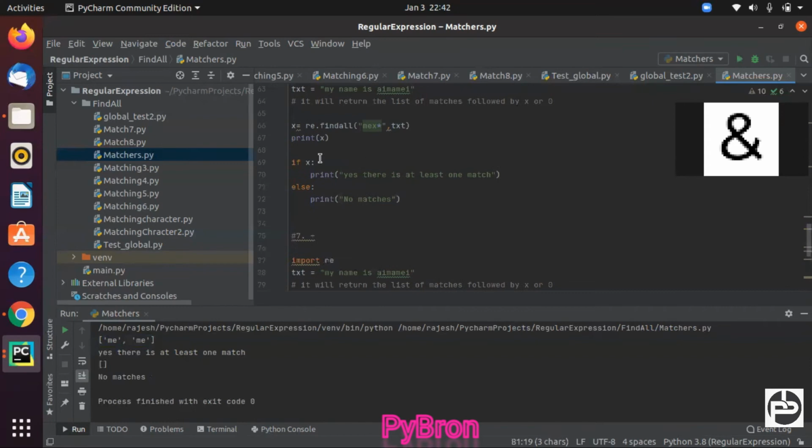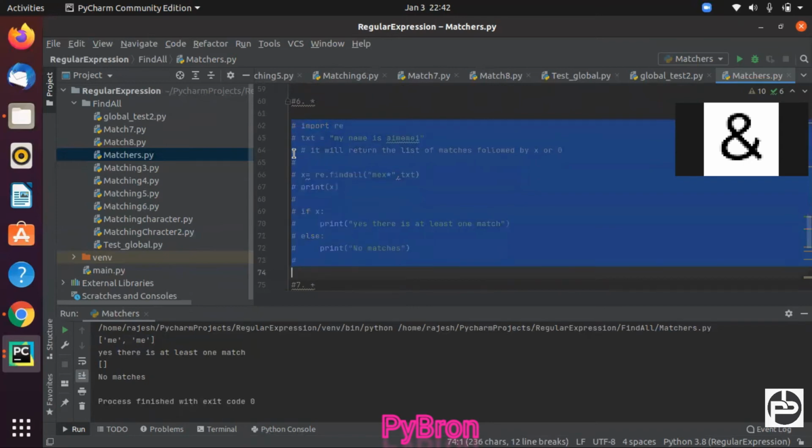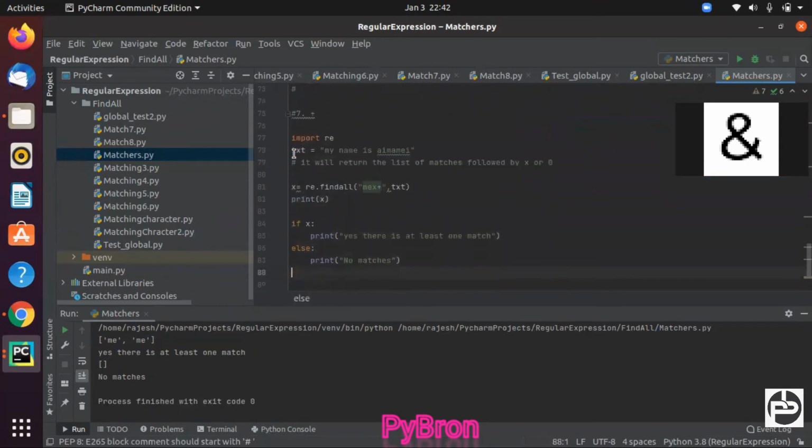The previous code also got executed, so let me put this over in a comment. Now if I try to execute this code, no matches. Why? Because with me there is no x.